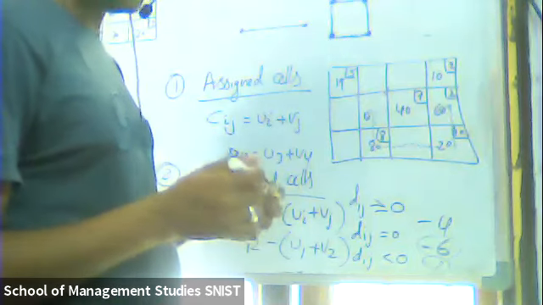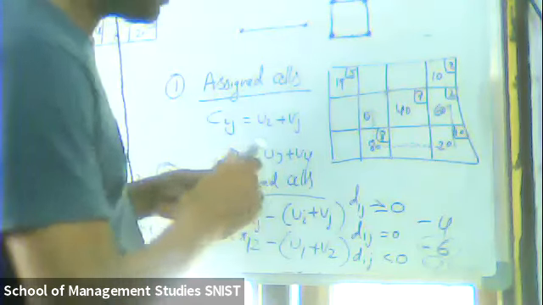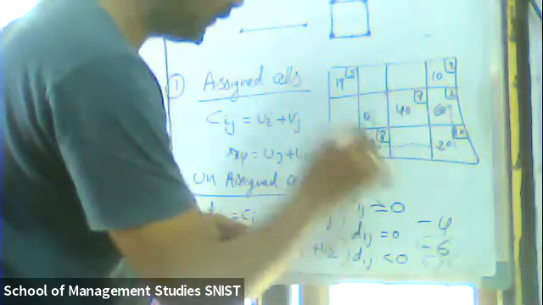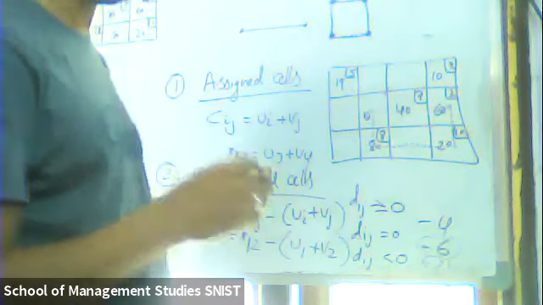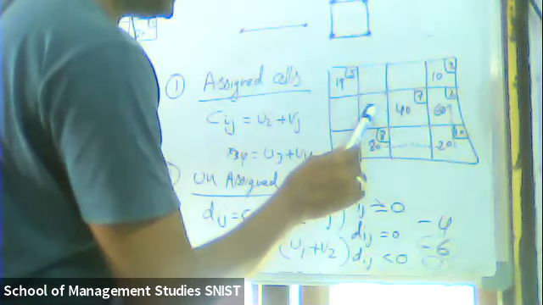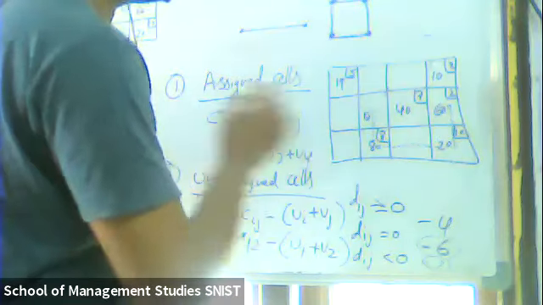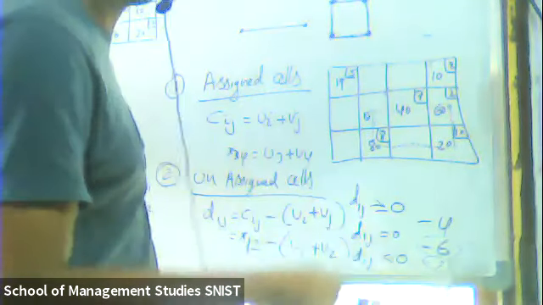Okay, so why am I stopping here itself? Because the basic rule is that a loop has to end with an assigned cell. So I will start from here and end here, and I will stop here and end here, and I will stop here. Now let me explain the conditions to you.